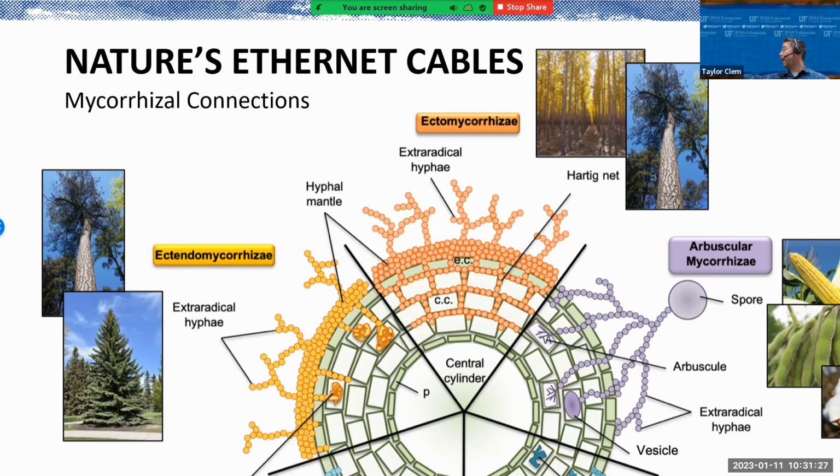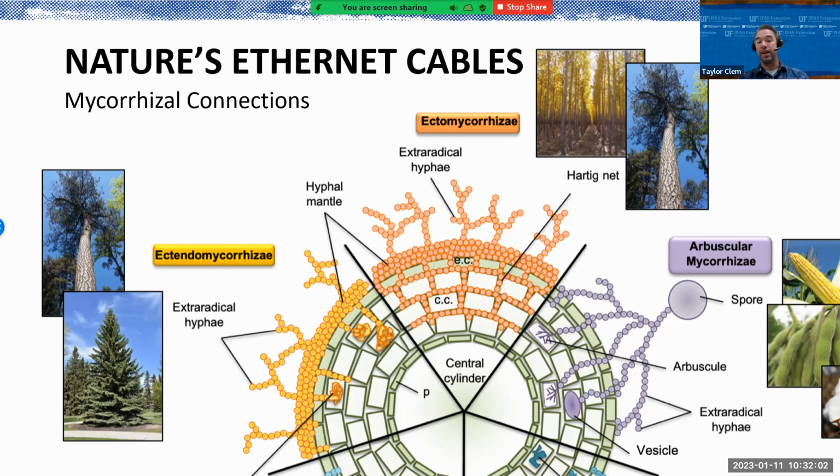But this at the top, that's ectomycorrhizae. We're looking at a cross section of a root in this image. And those little red dots that we can see all right here within this space, you can see they're not actually penetrating the cell walls, but they work their way in between the cells. And they create what's called a Hartig net, which essentially forms a net around the cell. So you can see how it's staying outside the cells.